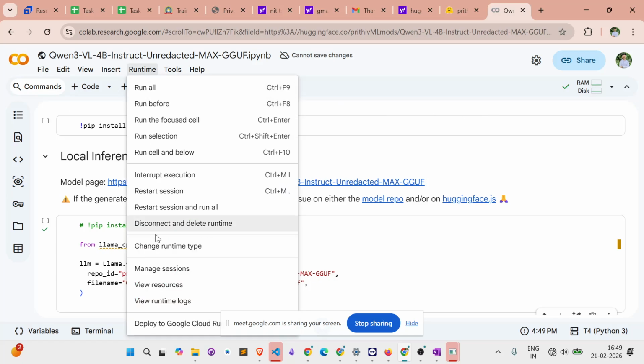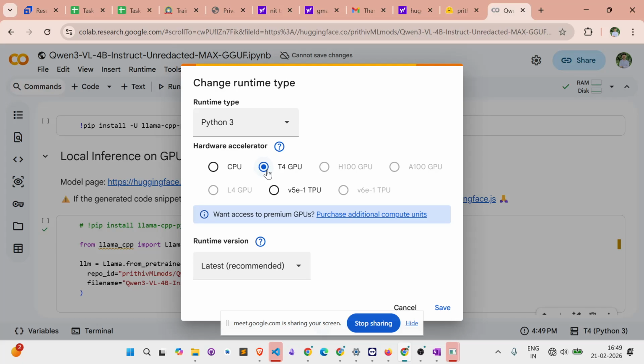Let me show you. Just go into it, change runtime, and you can select T4 GPU, because if you don't change this, it will automatically be set to CPU. So for using any GPU model on Google Colab, you can use this link. Or maybe if you want to use TPU, TPU stands for